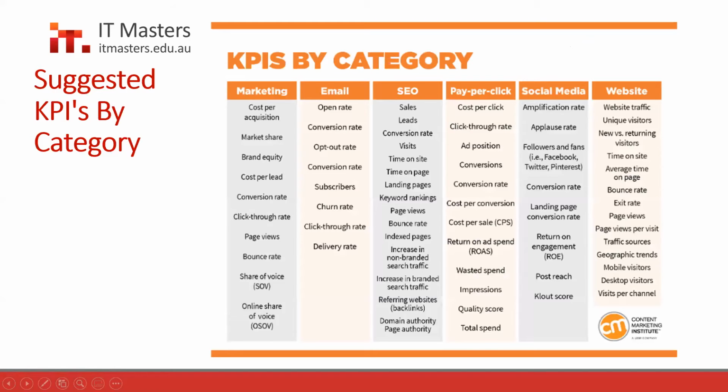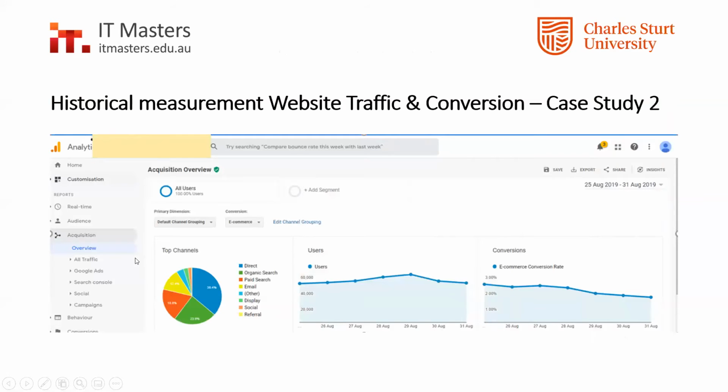I've put this slide in here just to give you, obviously, marketing KPIs, email KPIs, SEO KPIs, pay per click, social media, and website. So I thought that was a really good table by the Content Marketing Institute. And definitely there's way more than that, but when you're developing a budget and KPIs, just keep it really, really simple. So this is just some examples of me going, okay, well, how do we go,